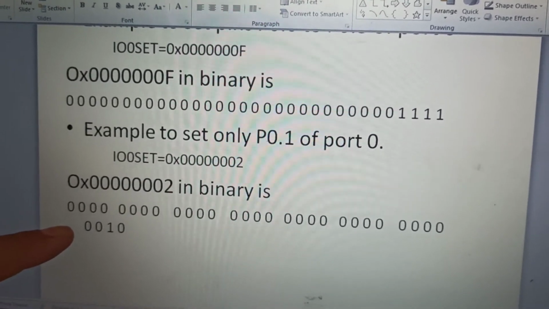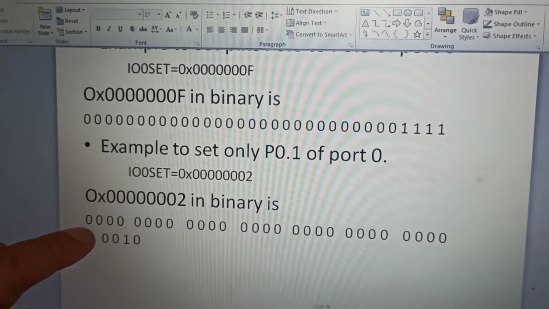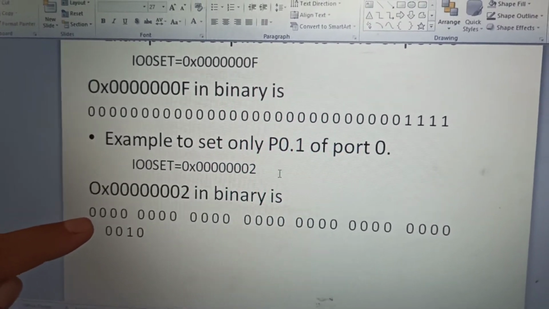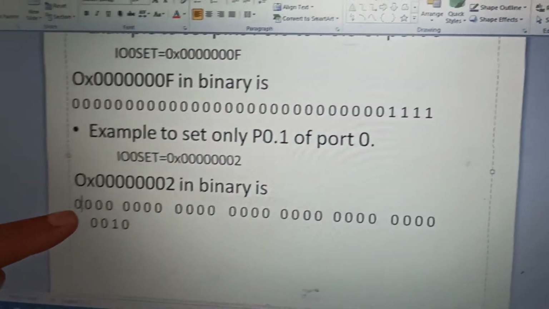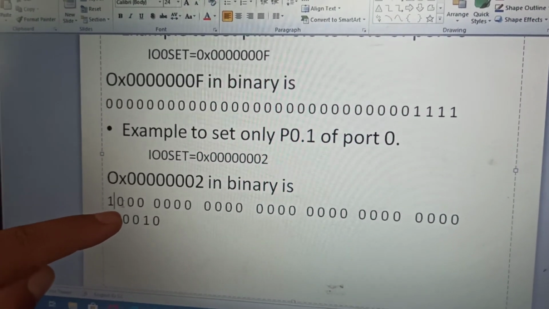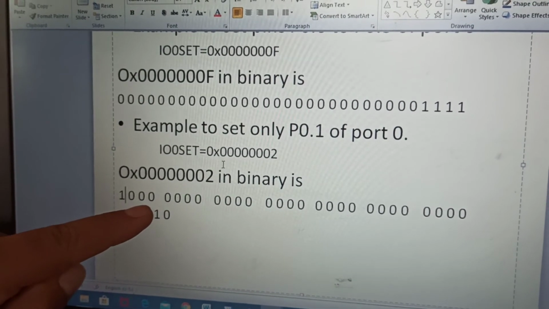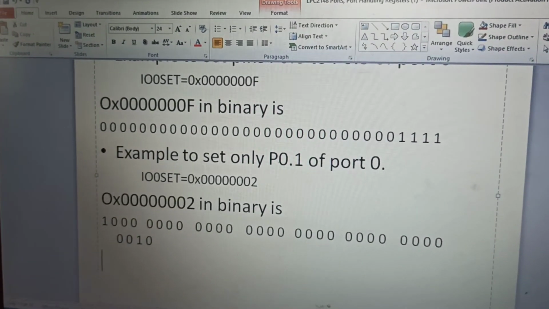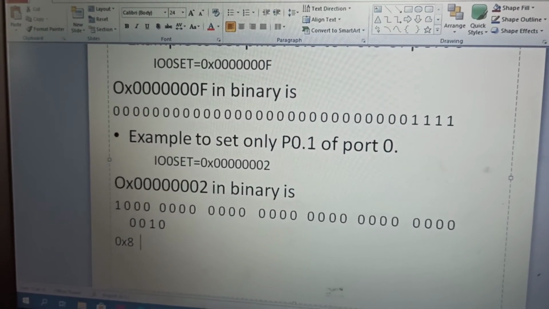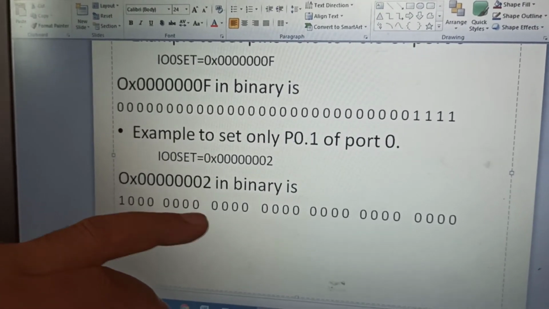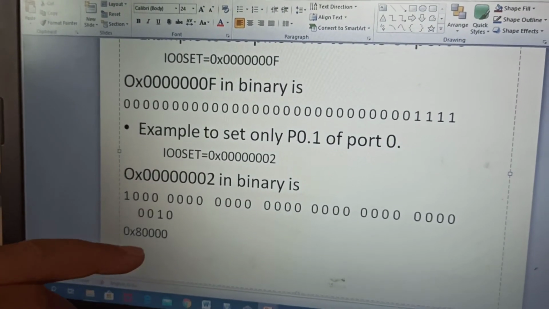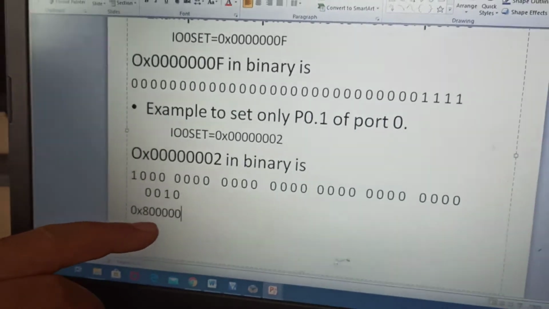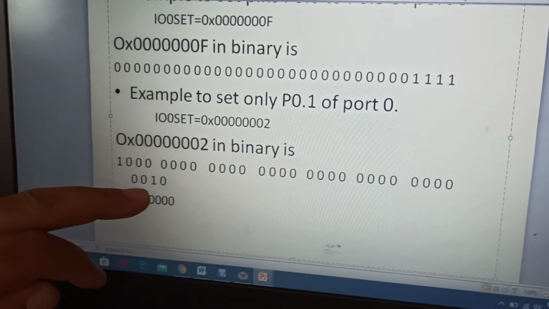If you want to set port 0 of 31, we have to make this bit 1. So if you write 1 here, then what will be the value? This is 8, so we have to write here 0x80000002.